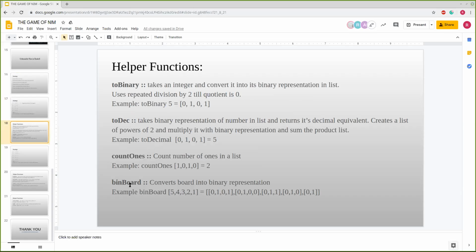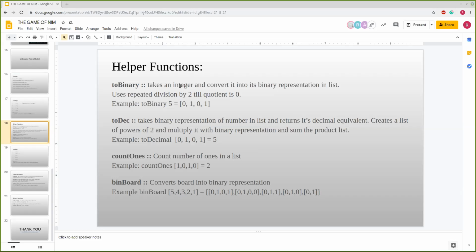These are some of the helper functions that will be useful for implementing this. This is the toBinary function. It will take an integer and convert it into a binary representation in a list using repeated division by 2. Suppose the toBinary of 5 will be 0 1 0 1.